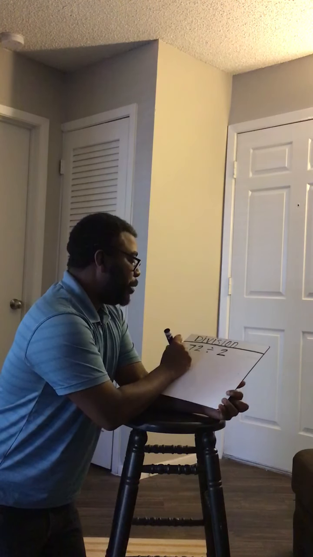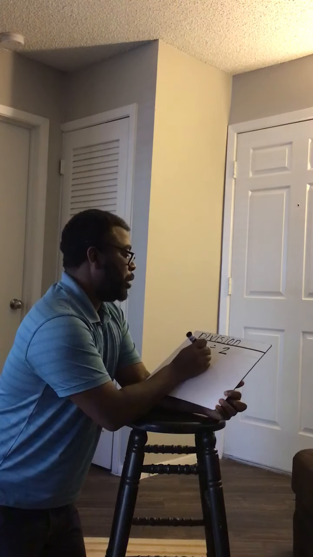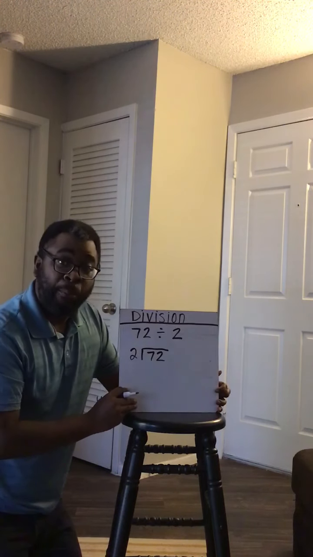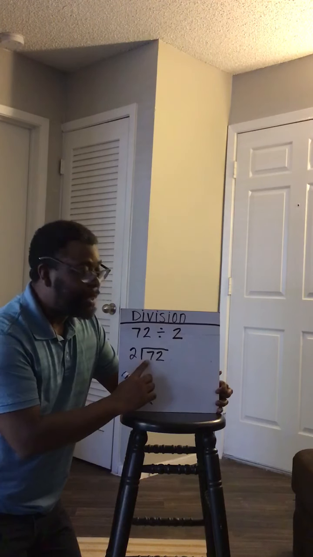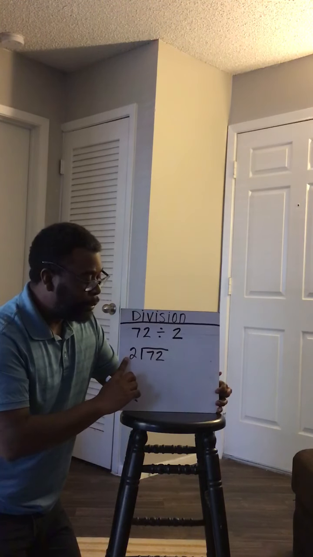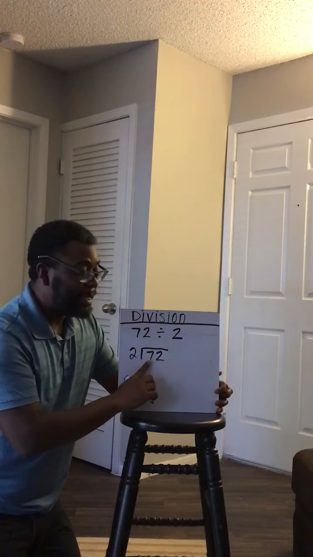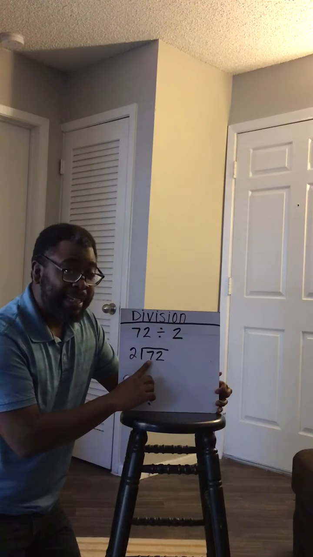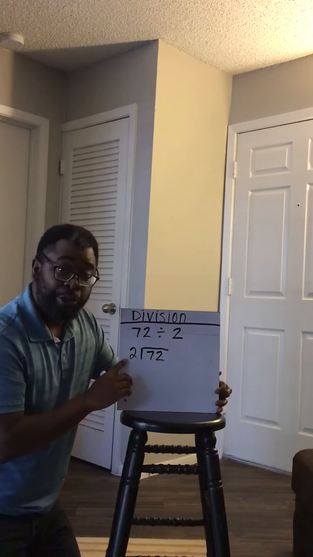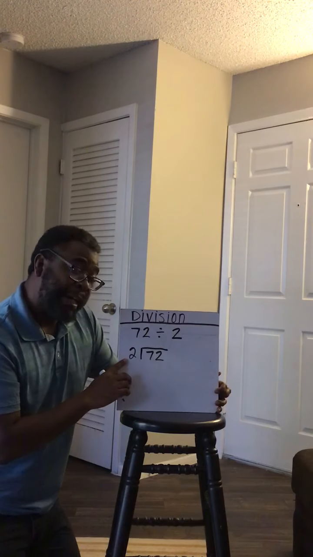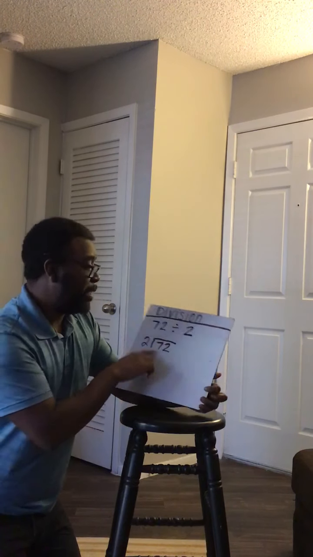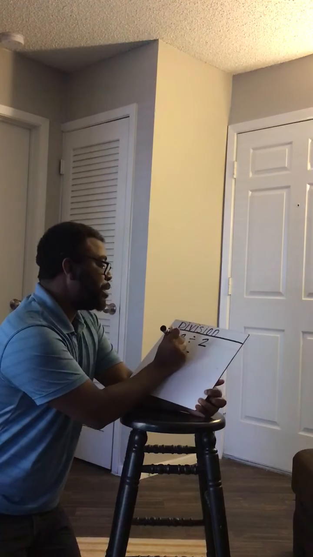So 2 goes into 72 how many times? Well, let's start with 7. 2 times what gets me 7, or at least as close as I can get? Well, I know that 2 times 3 gets me 6, and that's as close as I'm going to get to 7. So 2 times 3